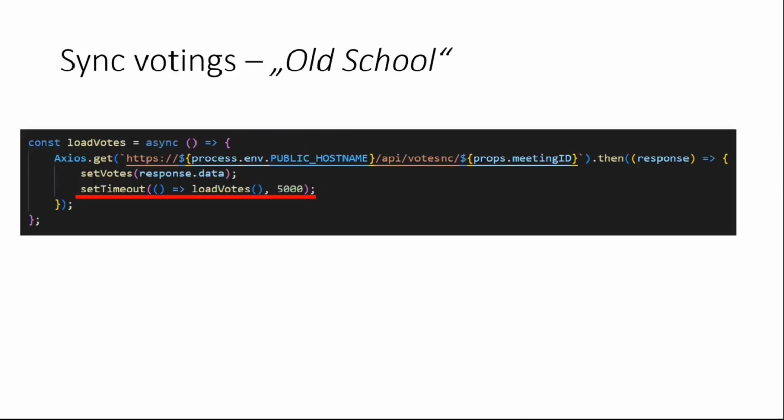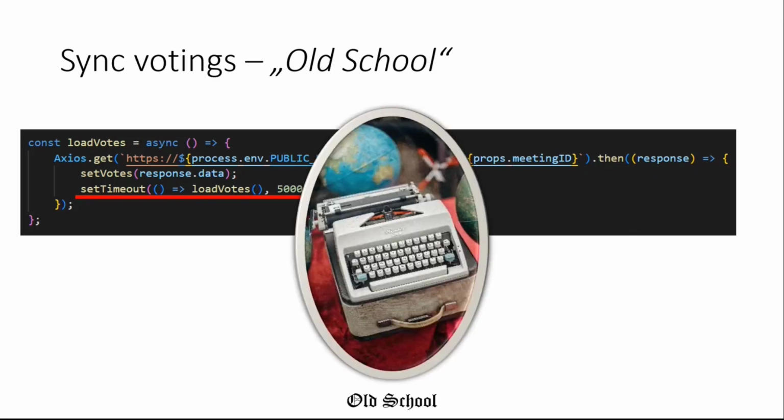The next thing is about syncing the votings. How you would have done that in the past would be maybe with a backend service, a database, a list or cache, whatever. And then set a timeout and poll every 5 seconds or 1 second or so. Hey, did someone else vote? Do I have to increase my values or not? Yeah, but this is old school. A bit provocative, but